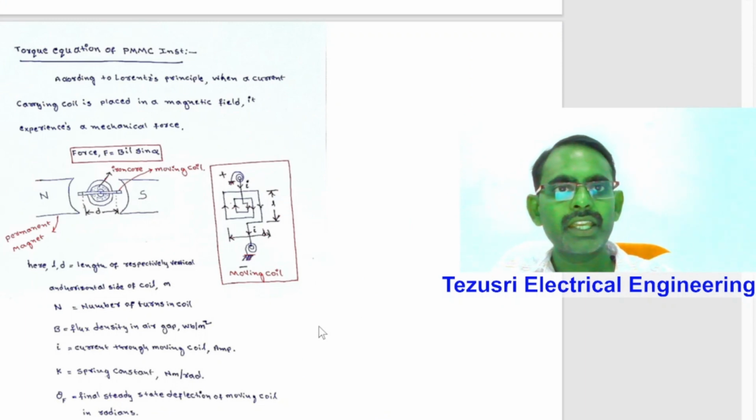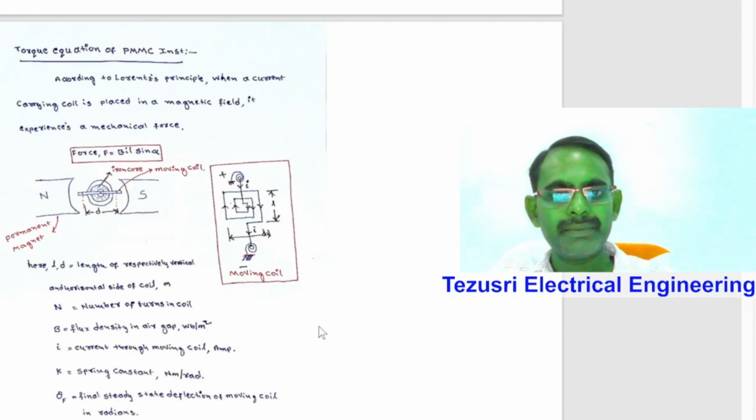Next, the torque equation of the PMMC instrument. According to the Lorentz principle, when a current carrying coil is placed in a magnetic field, it experiences a mechanical force. That force is given by B I L sin alpha. Here B is the flux density in the air gap, Webers per meter square. I is the current flowing through the moving coil. L is the length of the moving coil,